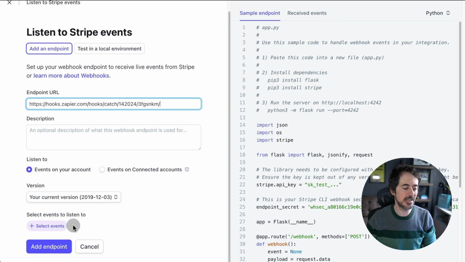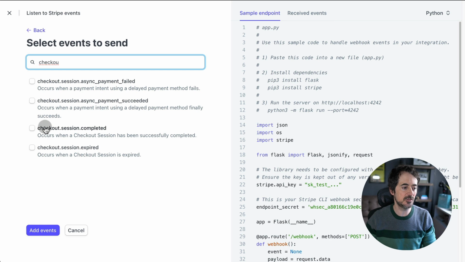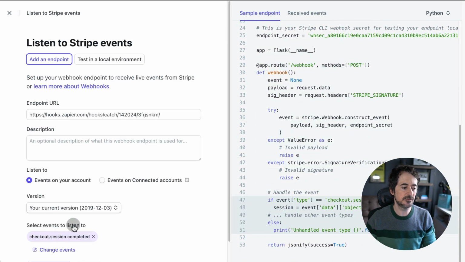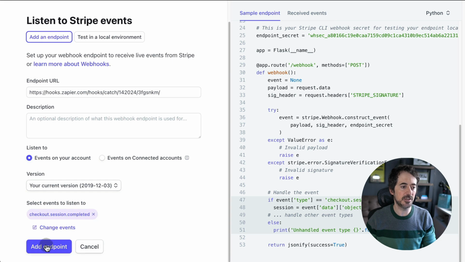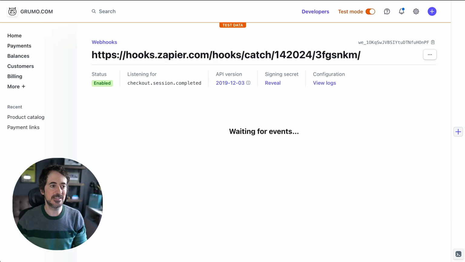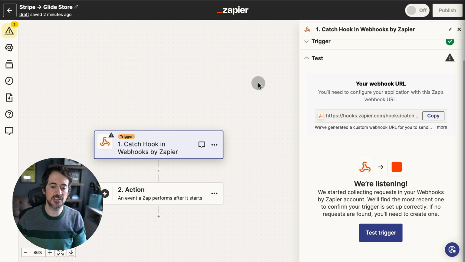we're going to click select events and start typing checkout and select checkout session completed and add the event and then add endpoint. Now, every time there is a new transaction, Stripe is going to send a call to this URL, and Zapier is listening for that call every time a transaction happens, and that will trigger this Zap. The first thing that we need to do is to test the trigger,